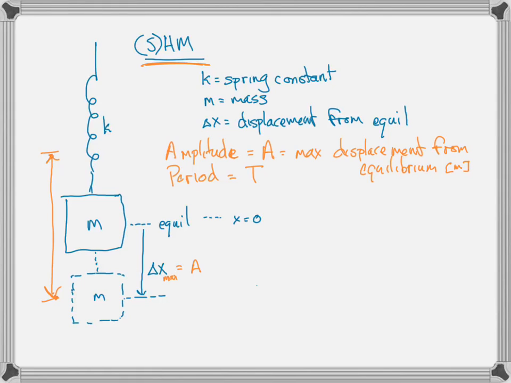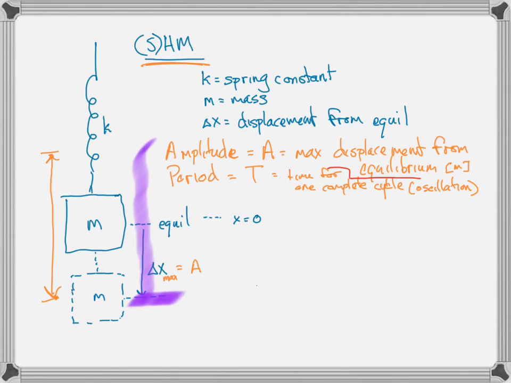The period is the time for one complete cycle, the time for one complete oscillation. And so that's the amount of time it takes. It doesn't matter where the oscillation starts, but let's say we start the oscillation here. It's the time that it takes the mass to go up and back down all the way to here. Okay? So if we were to start the mass at equilibrium and it's got some velocity,